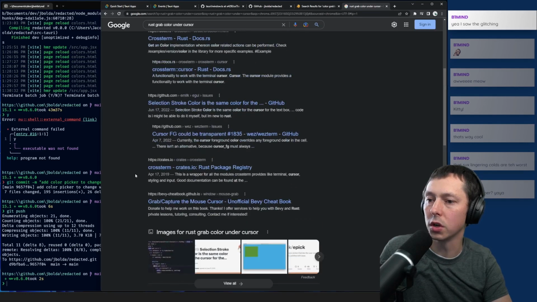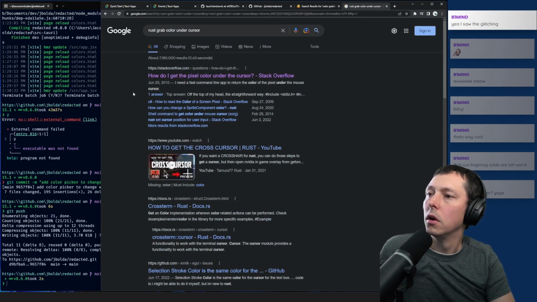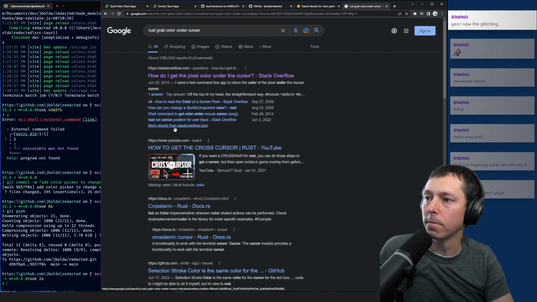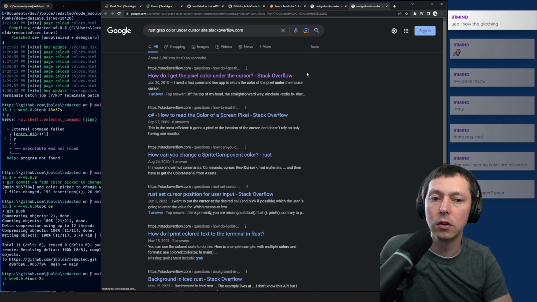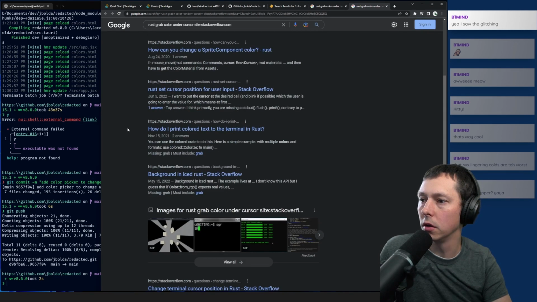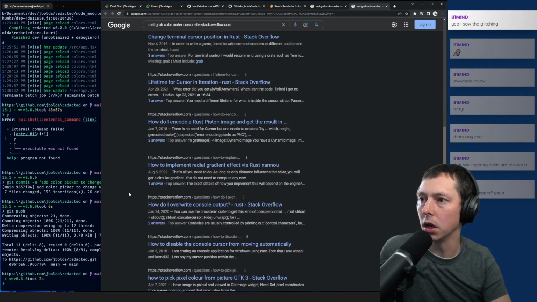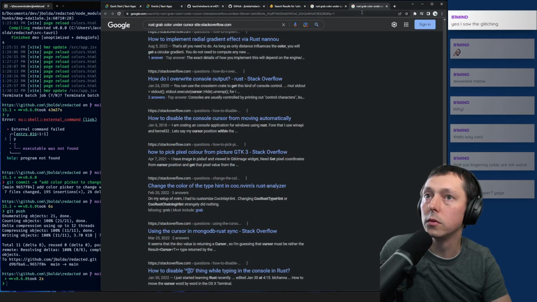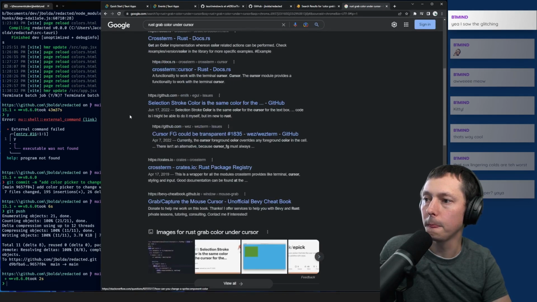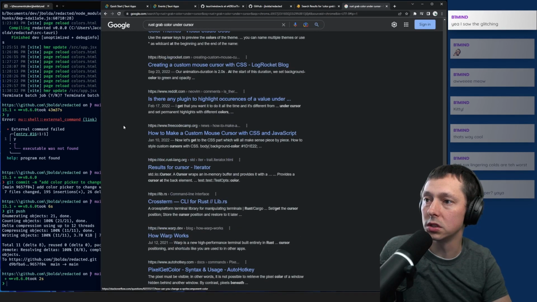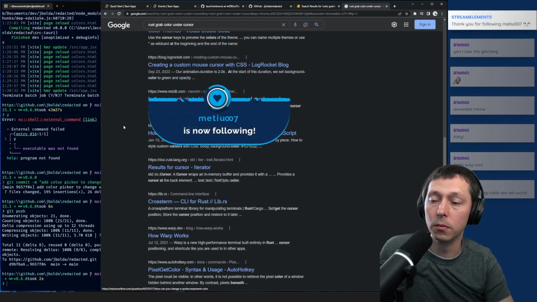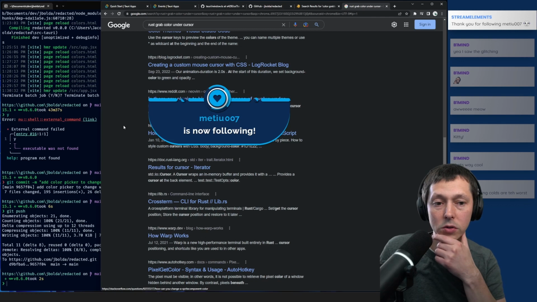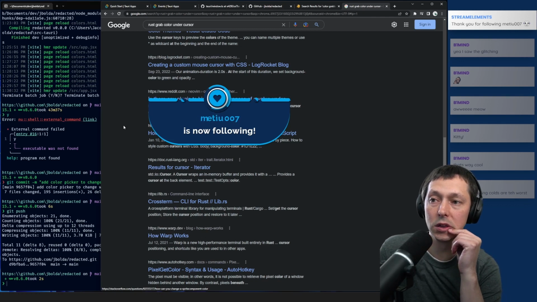How to change cursor color. It seems like there might not be a quick way to do that on the Rust side of things. And this might end up being one of those things, especially if there isn't a crate for it, that we need to deal with